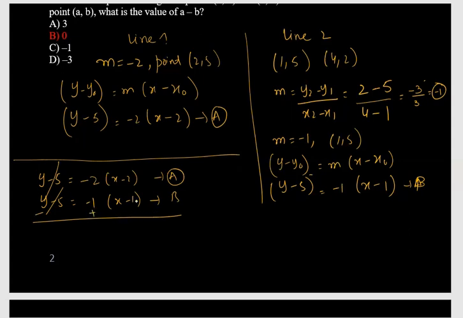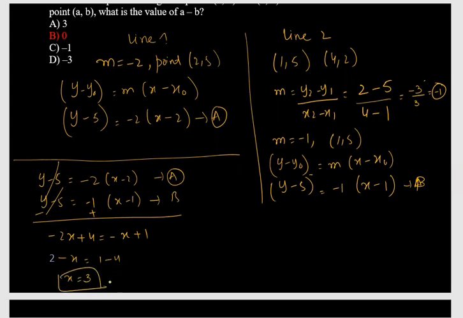So you don't have to solve this fully. You can just compare it. Minus 2x plus 4 and minus x plus 1, because the y terms are getting cancelled. So minus 2x plus 4 will be equivalent to minus x plus 1. So minus 2x and minus x, and 1 minus 4, so x will be equal to 3. Now you get x is equal to 3.